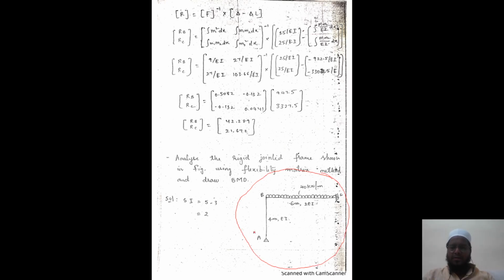So the static indeterminacy of this structure was 2. How did we get this 2? We all know, we have 3 unknown reactions at this location and 2 unknown reactions at this hinge support. So totally we have 3 plus 2, 5 unknown reactions, and equilibrium equations we have totally 3. So 5 minus 3 will be equal to 2. So totally the static indeterminacy of this structure is 2, and accordingly whenever you get static indeterminacy as 2, then the size of the flexibility matrix will be 2 by 2. This is how we got the size of flexibility matrix as 2 by 2.